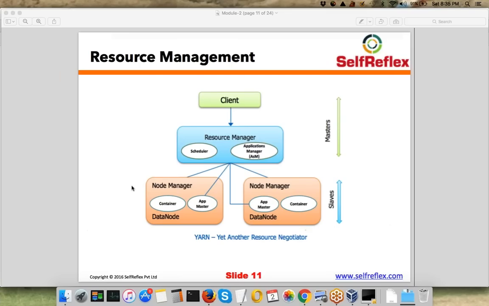Okay, Rajesh is saying if the app master is done with half the job and dead. Yeah, so Rajesh, in that case, your resource manager is going to launch a new app master. So your application will start again. So Rajesh, whatever is the half processed data, that will be cleaned up.